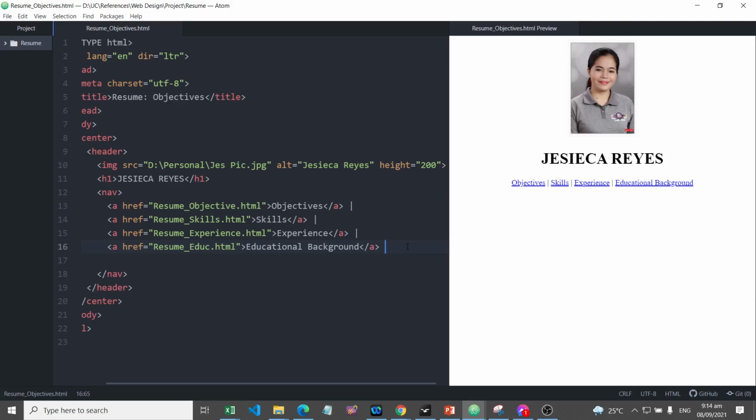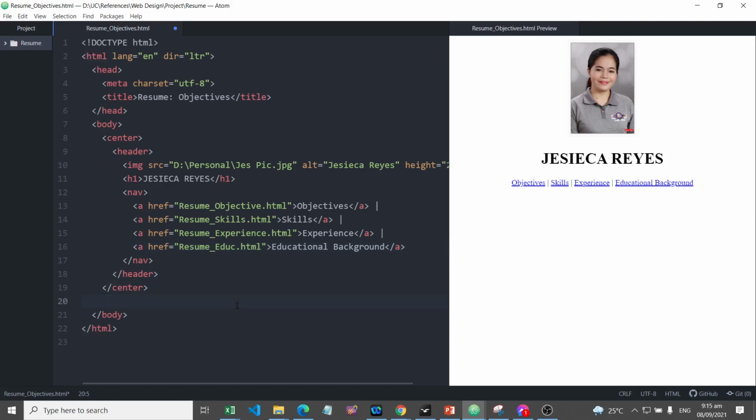Then after the header, let us say we're going to add a horizontal rule, just like that. Then after the horizontal rule, we'll have